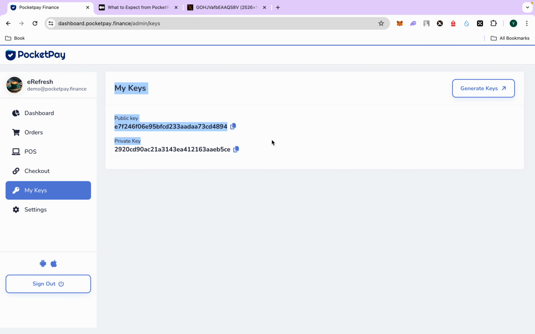Instead, if they want to integrate our payment system, our payment gateway, directly into their DeFi, Web3 store, or any e-commerce store, or any product-selling or service-selling website, they can utilize these keys. After utilizing these keys, they will be able to integrate our PocketPay payment system into their portal,